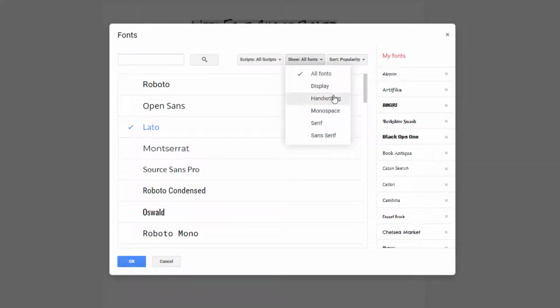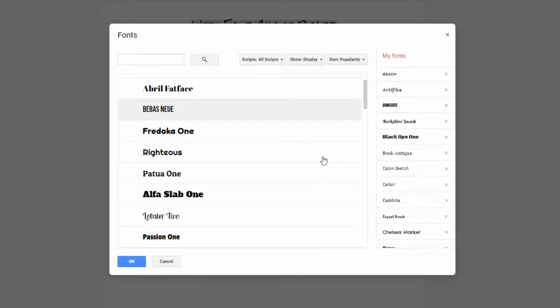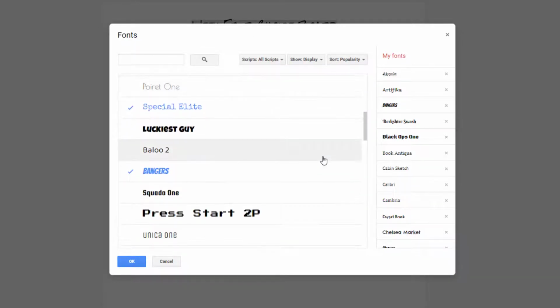You can choose whether you want a handwritten type font or serif or sans serif or display. You want it more about how it looks. What you do is you find a font that you like. So if I find a display font that I really like that I don't have, and if you have it,